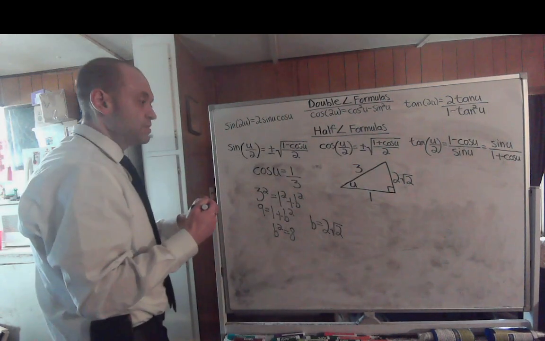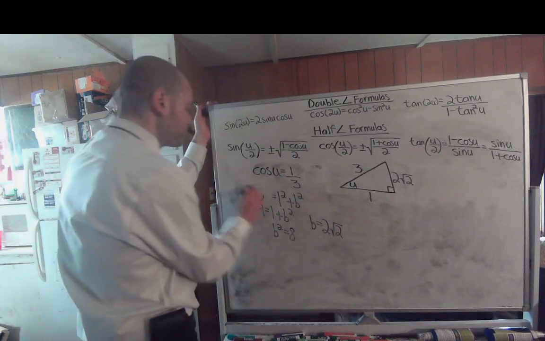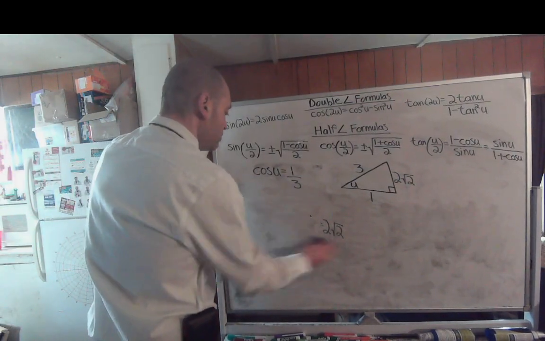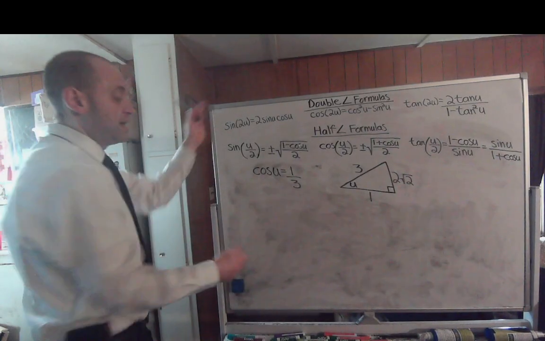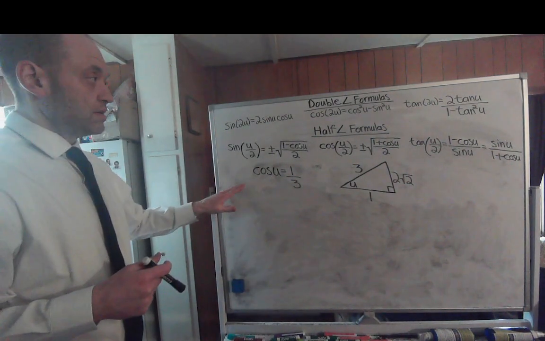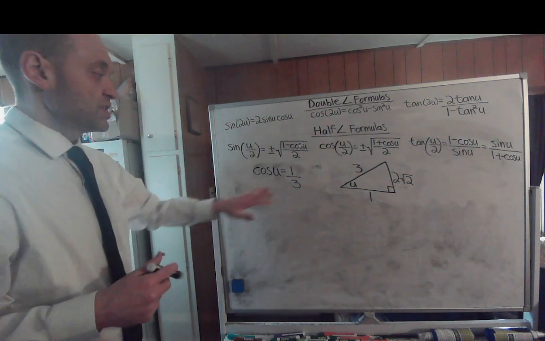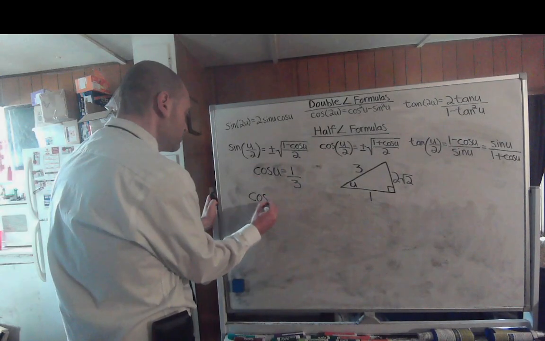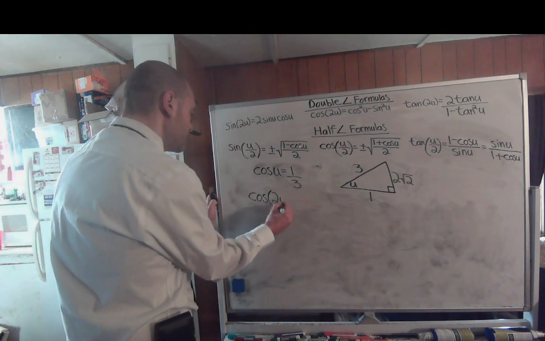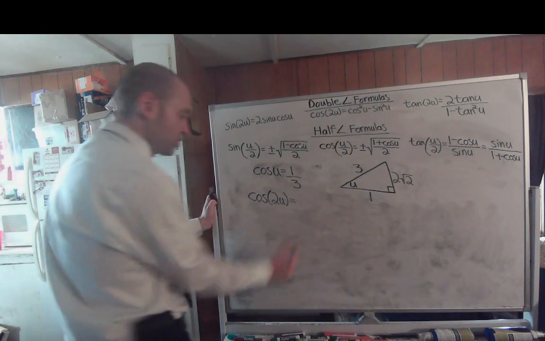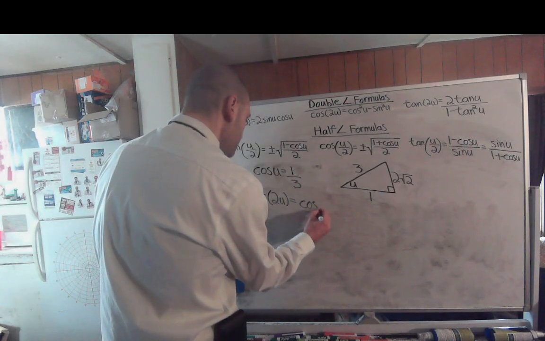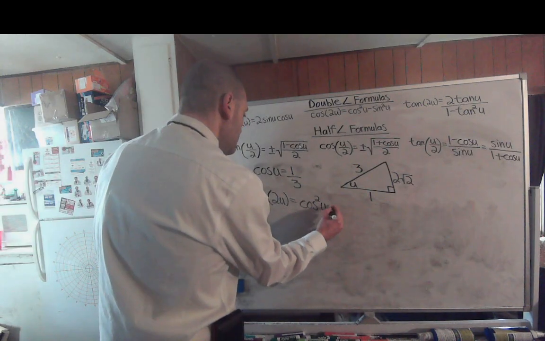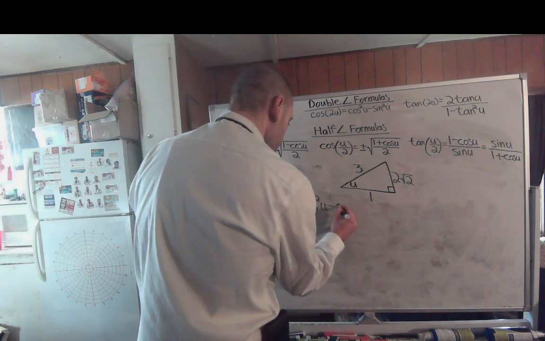Alright, so we found the missing side. Now we can proceed to find any of these 2u's. Let's start with the cosine of 2u, since they give us the cosine of u. So the cosine of 2u equals, of course, the cosine squared of u minus the sine squared of u,